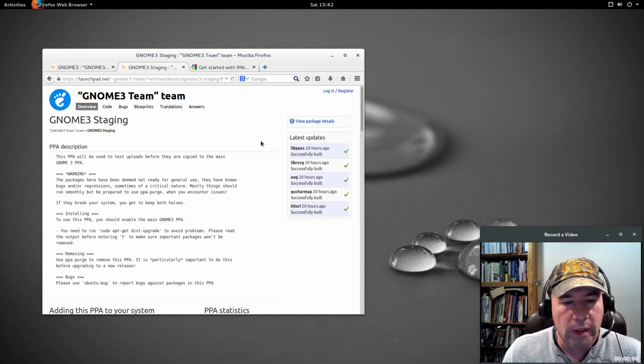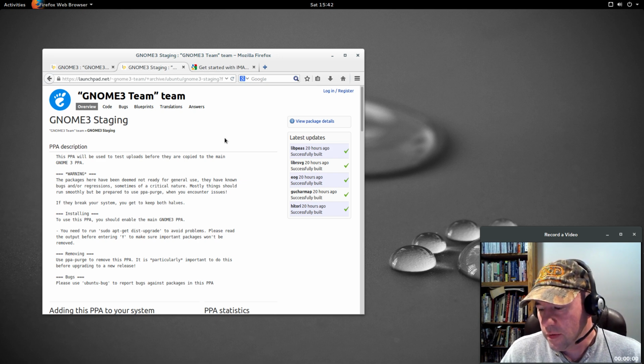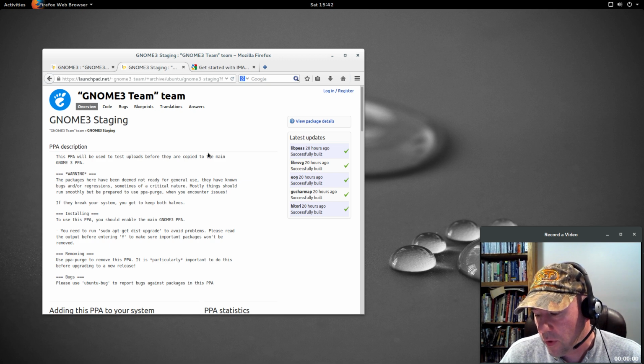So, let me read off my notes here. The GNOME applications that aren't installed by default were GNOME Web, which was previously called Epiphany, which is their web browser; Polari, which is an IRC client; Boxes, which is a VirtualBox application; GNOME Music, and GNOME Photos, and GNOME Clock. Now, I installed all those,